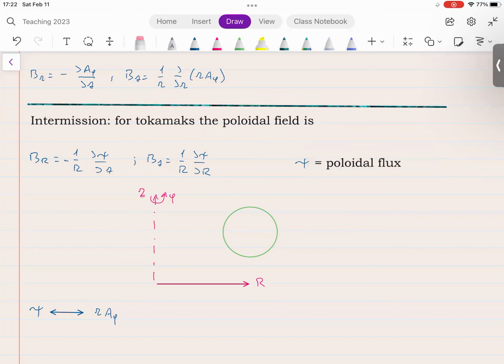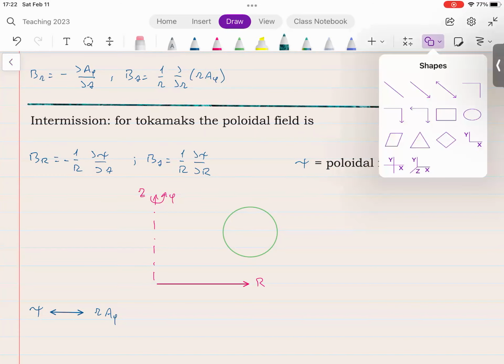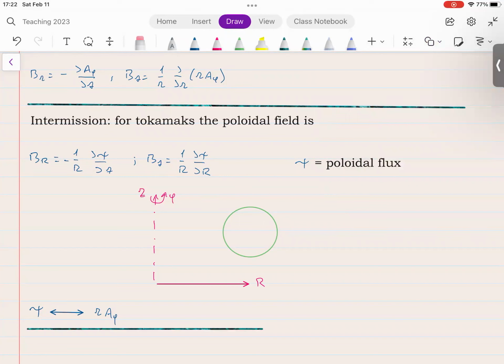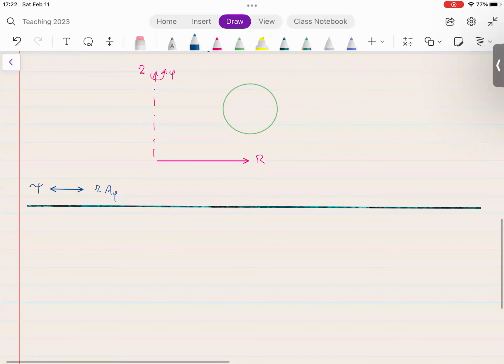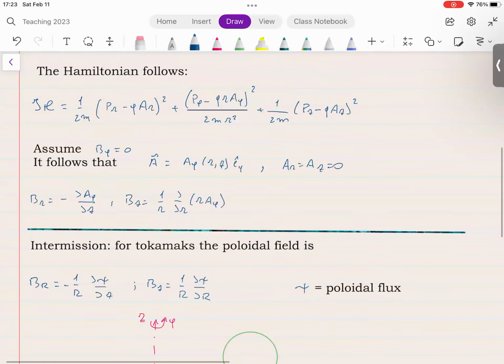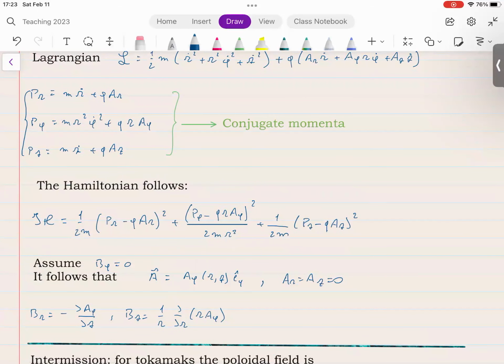The catch I was hinting at above is that this is the end of the intermission. We are going to keep following our textbook, and unfortunately, our textbook is going to use the symbol psi for something different. But let's get back to our problem, take our steps following the textbook. We had this expression for the conjugate